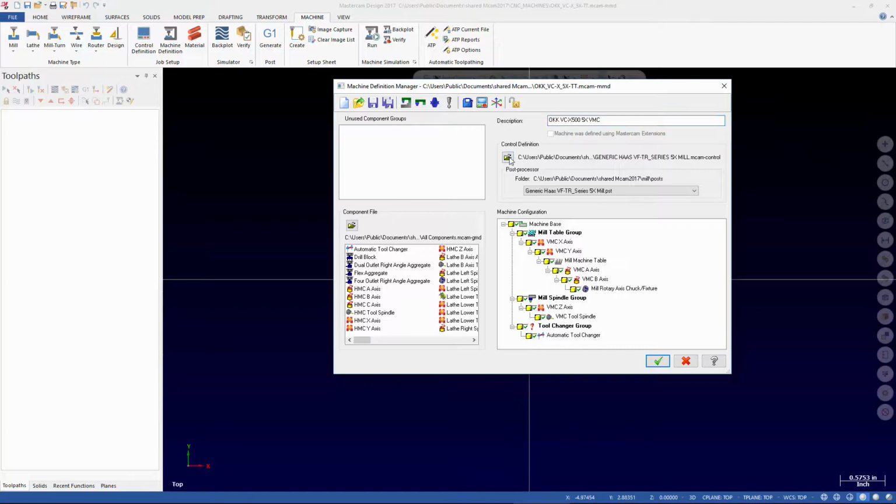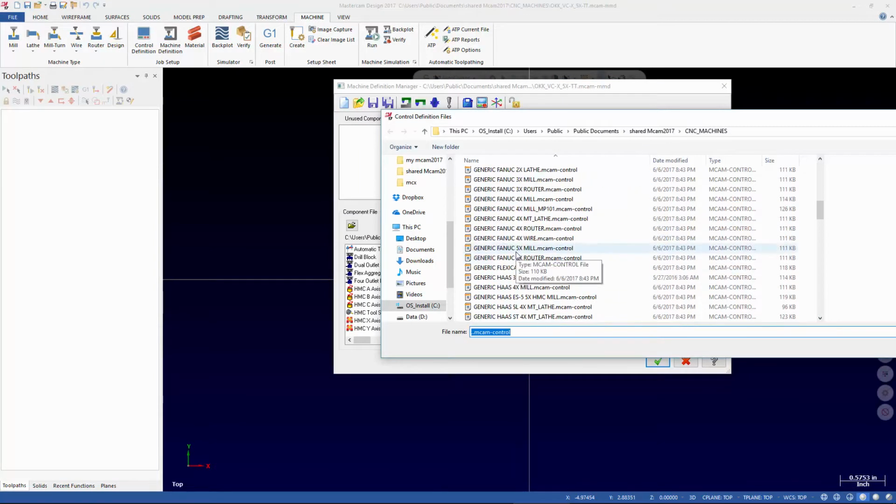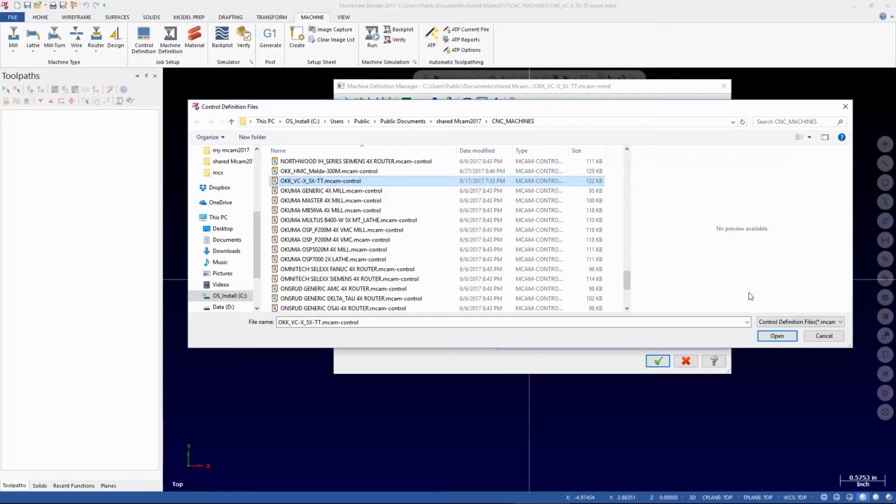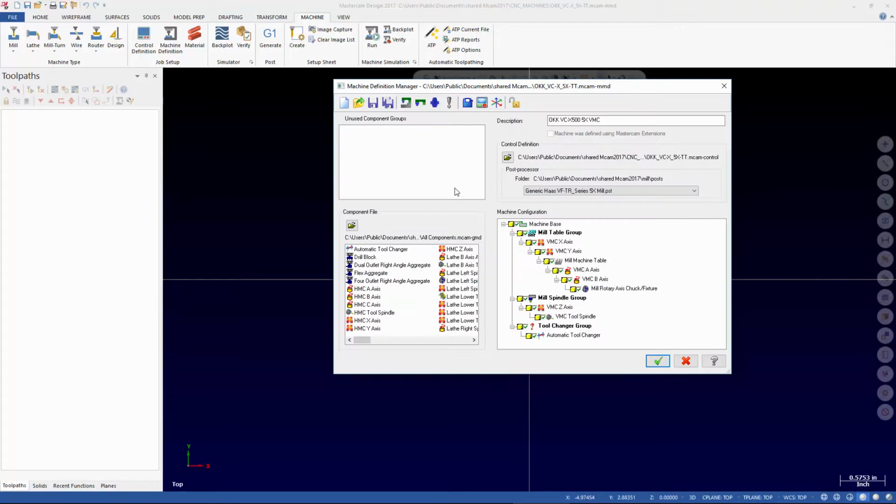And we're going to open up a different control definition, which is our OKK. And that should have